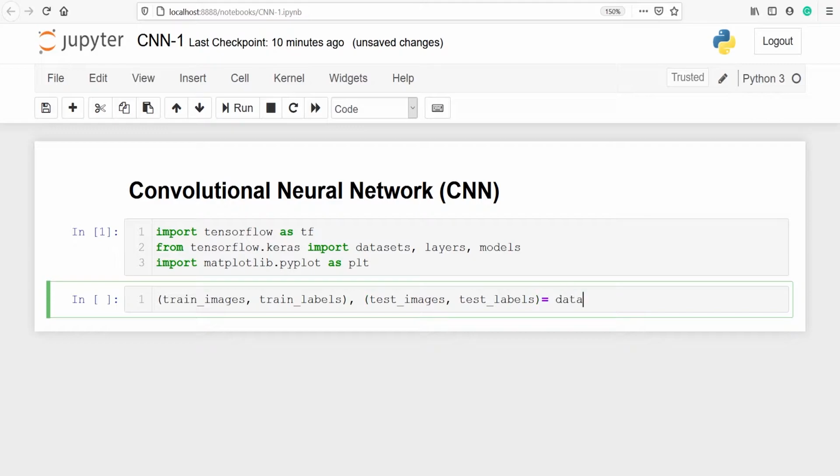From datasets, we will load the dataset CIFAR10, and we will use the method load_data.